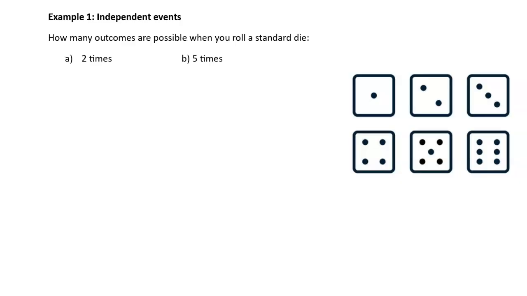So this question says, how many outcomes are possible when you roll a standard die? For independent events like rolling a die, if I roll a die 2 times, the first time I can have 6 outcomes, and then if I roll it again, I have 6 again. So there's 36 possible outcomes for rolling it 2 times. What about 5 times? If we roll a die 5 times, we have 6 possibilities for the first time, 6 for the second time, and we keep going all 5 times, and that's the same thing as 6 to the power of 5, which is